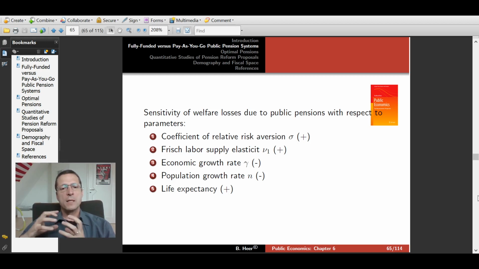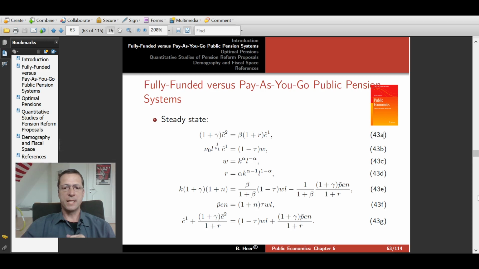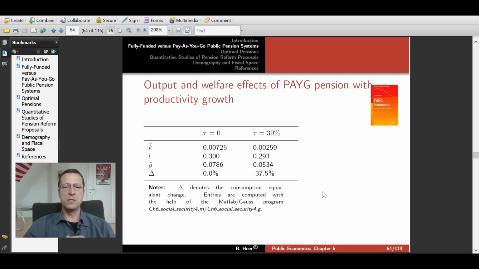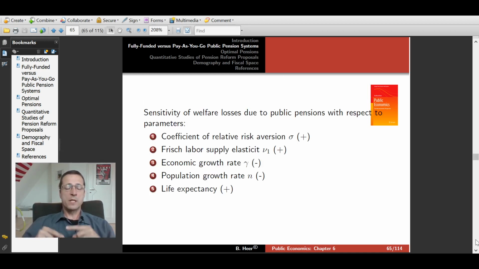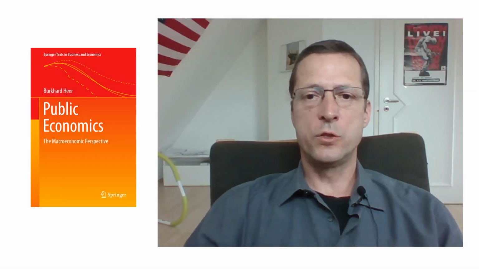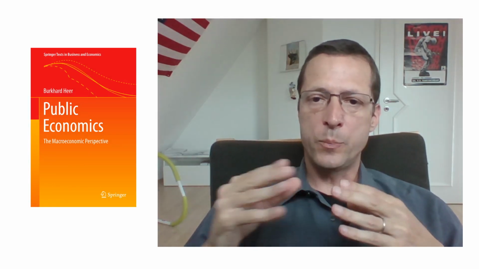However, let me already mention to you, welfare effects will not be as large as we have computed here in table 6.4. We will not have values of 30% or 40%, but more in the range of 1, 2, or 3% of total consumption. In order to get to this application on optimal pensions, what we do in the next video is that we will introduce annual periods.